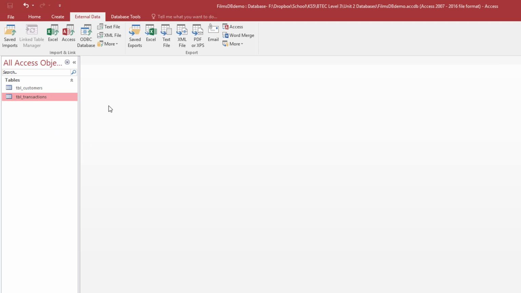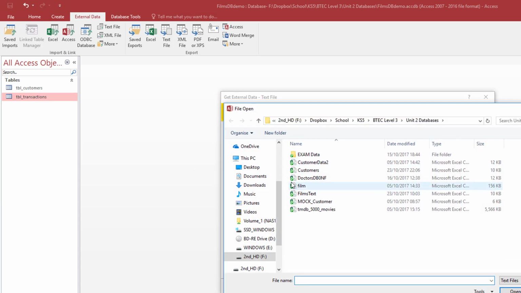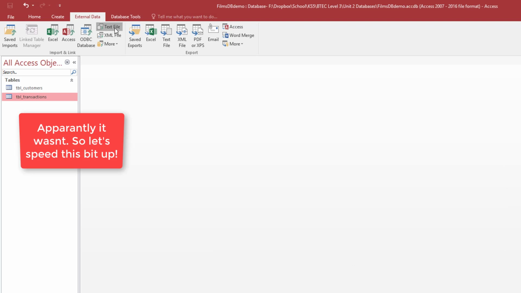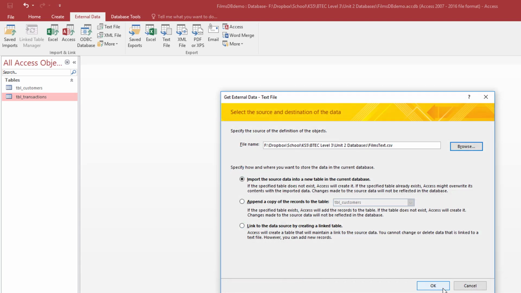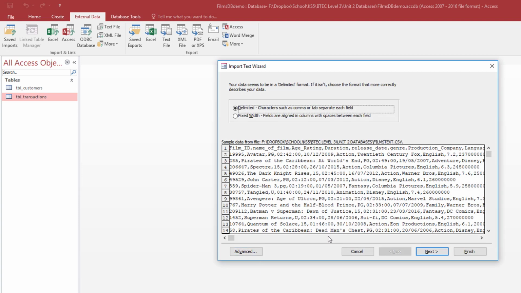So to do that, once again, I'm going to click on external data, and this time I want to import data into a new table. Okay, I've got my films. Which one was it? I think it was this one. Okay, so the film's text file